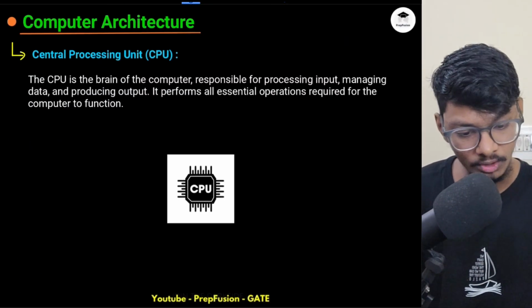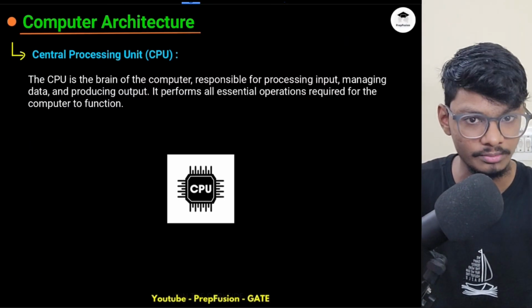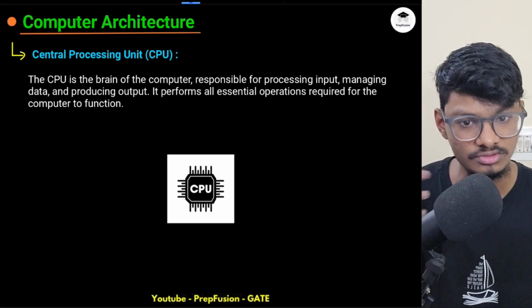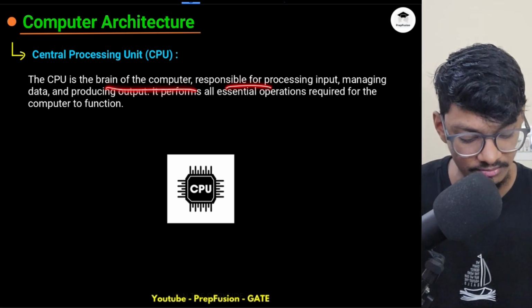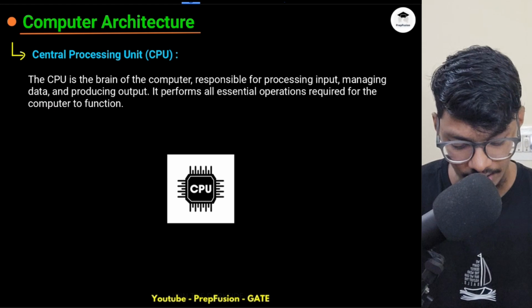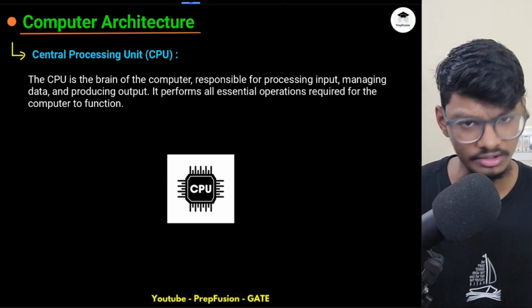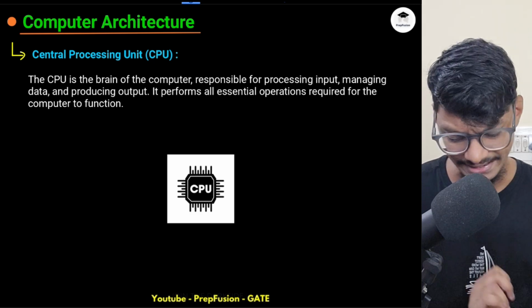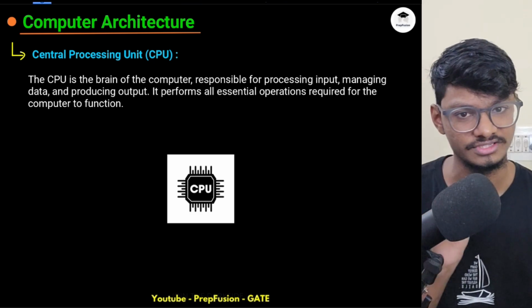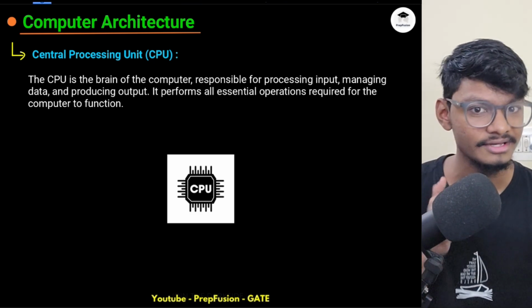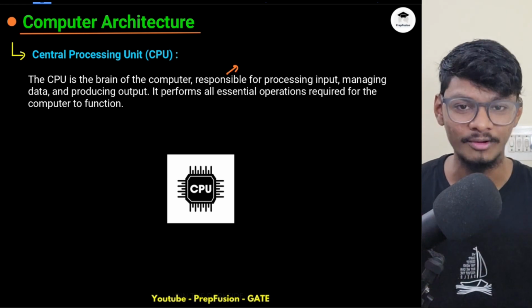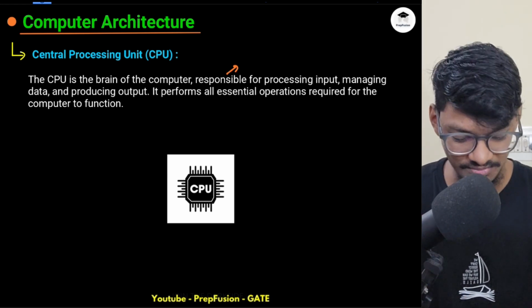What I told you previously about the CPU: what is a CPU? The CPU is the brain of the computer, responsible for processing input, managing data, and producing output. It performs all essential operations required for the computer to function. This we already know. It is basically the heart and brain of the computer. Without your heart and brain, your body will not work. Obviously all the parts are responsible, but the most important parts are the heart